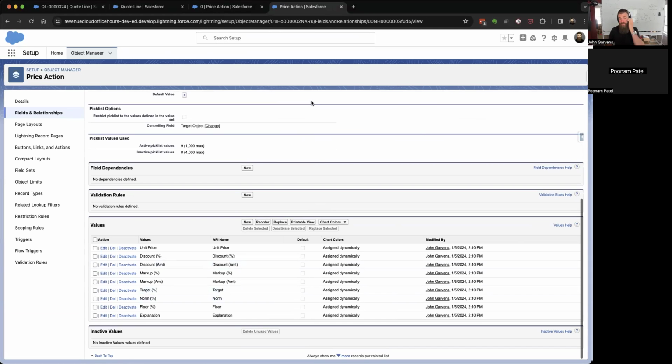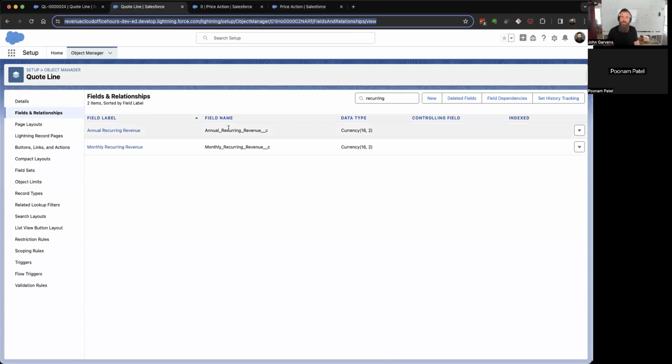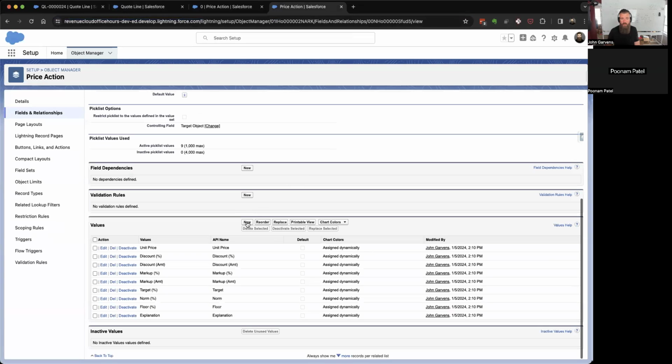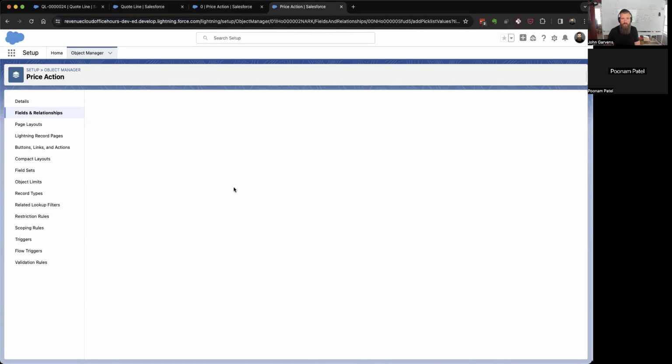Apex is case insensitive. Salesforce doesn't care if it's capitalized or not. Capital A and lowercase a are the same thing. But CPQ's calculator is JavaScript based, and JavaScript is case sensitive. So a capital A and a lowercase a are completely different things. And if you use a lowercase a when it should be an uppercase A for the field name, for example, CPQ will tell you this field doesn't exist. It will do so in a very obtuse and obscure way that is hard to interpret, but it will essentially tell you that. So what I do is I copy this field API name, create a new field, a picklist field value,